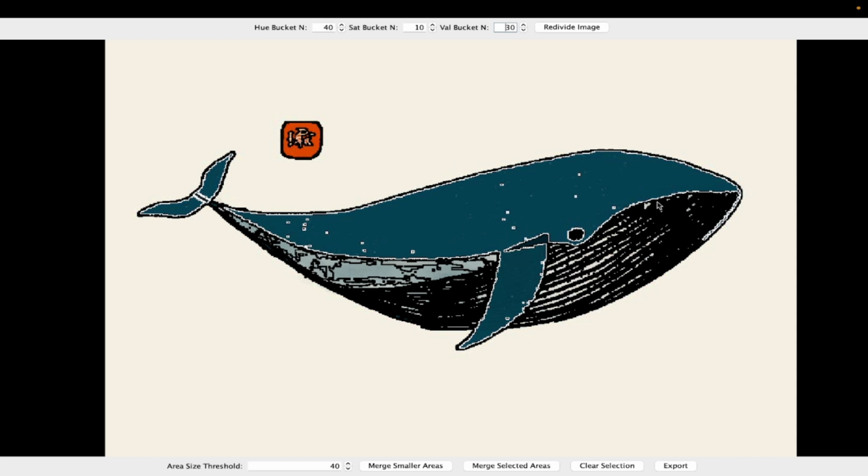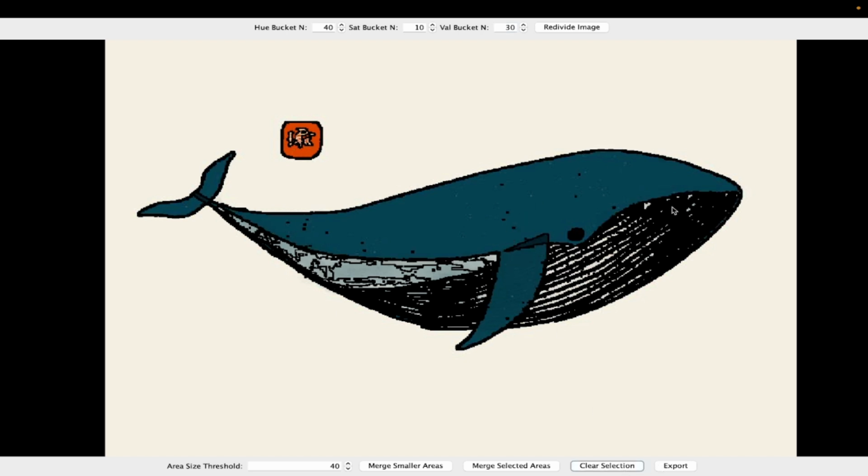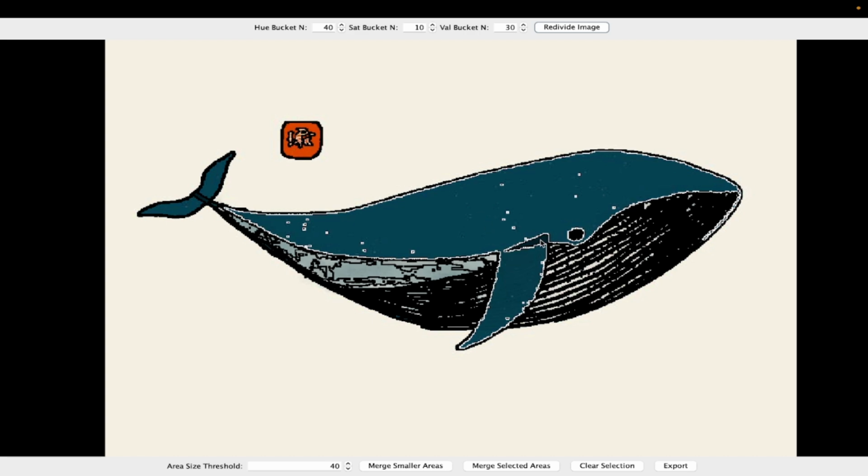But if you think there are way too many smaller areas, then you can decrease the number of buckets to decrease the amount of areas that are divided. But for the most part, you can basically just use the default values for a lot of drawn images. So what you can do is